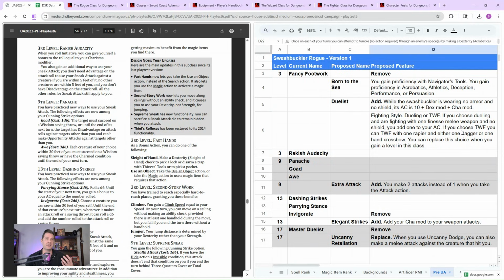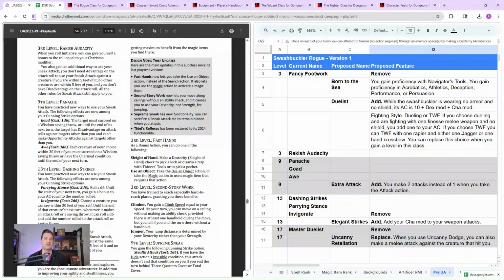So on your first attack, maybe you don't have advantage, you make the attack, great. And now that you've hit them with a Vex weapon, you now get advantage on the second attack, which would then give you sneak attack, and now you can just do that for yourself. So I wish we could do this at level 6. I feel like that's what they deserve, but rogues do not get a subclass feature at level 6. It's only 3 and 9, and 3 is way too early for them to get extra attack. So I think we just add it at level 9.